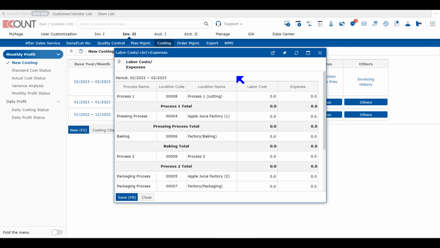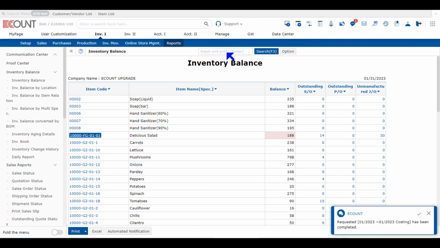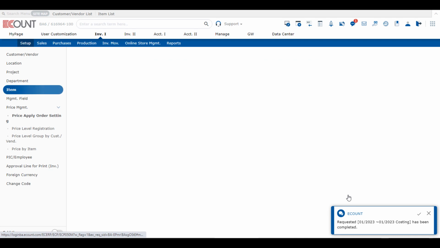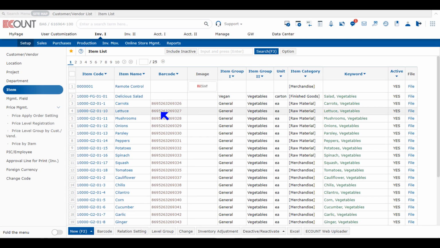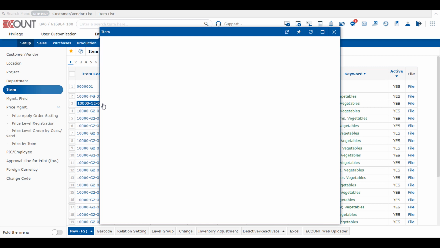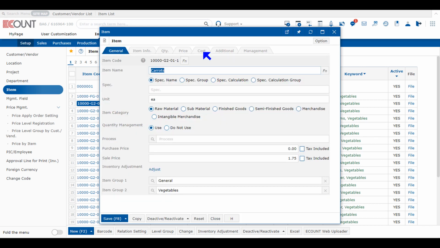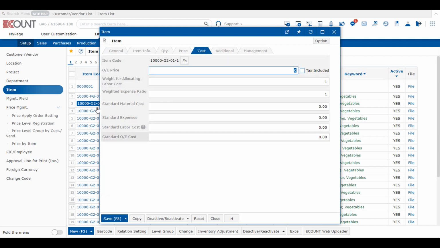And once you have entered the total amount of labor cost and expenses, the program will allocate the amount to each process based on the weight for allocation set in the Item Setup menu. When you register each item, for items whose item category is either finished or semi-finished goods, you can register the weighted expense ratio for both labor cost and incidental expenses. And based on these fields,